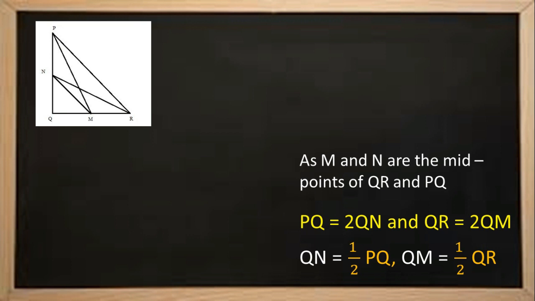So as I said, children, in geometry, first we need to recognize what is given in the question, how the statement can be understood with the help of a diagram, and with the given statement, what results we can obtain. So from one statement that M and N are midpoints of QR and PQ respectively, we are going to get these output results. Just mark it out and keep it in your mind. I am just explaining how to think, children. No, don't write down these things in your notebooks. First, let me explain how to think. Later, I will go into the solution.